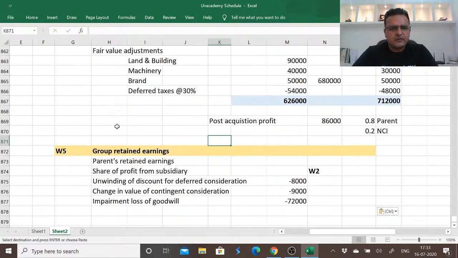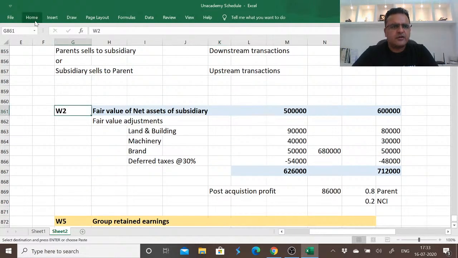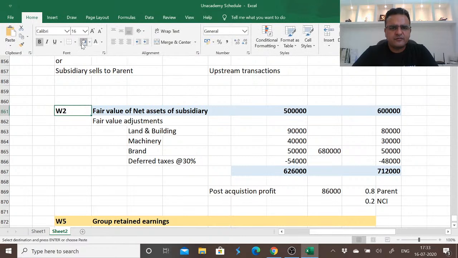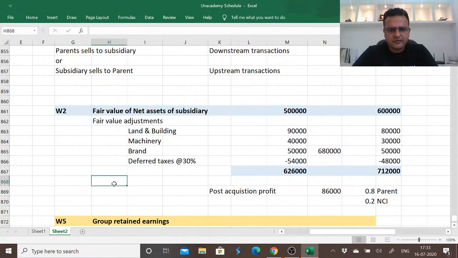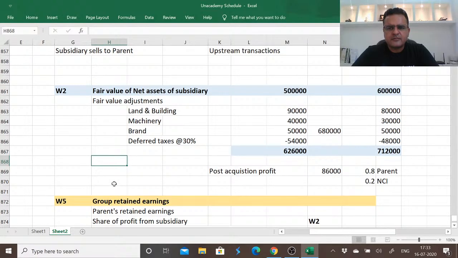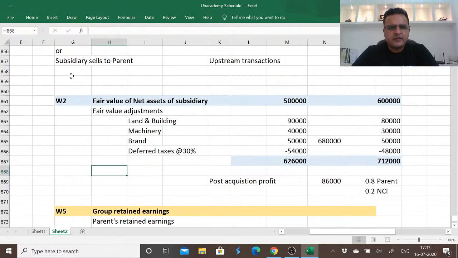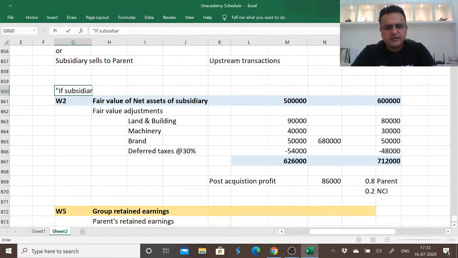These are the two areas where we need to make these adjustments, in working note number 2 and working note number 5. In working note number 2, if subsidiary sells to parent, the adjustment will be